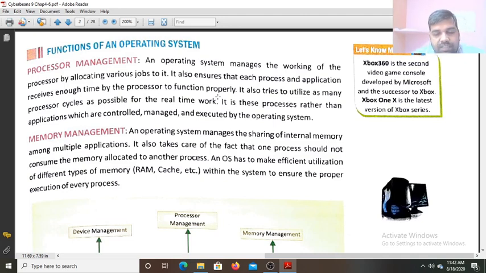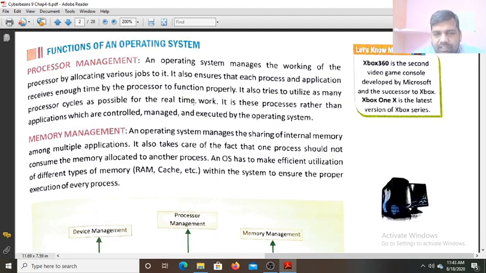Round robin method means each process in the job queue, the one at the first, gets the processor for some quantum of time that we define. Say 2 microseconds to each process. The processor will be allocated to process 1 for 2 microseconds. Then in the third microsecond the processor will be switched to the second process. The second process will take the CPU for 2 microseconds. Again, in the fifth microsecond the processor will switch to the third process.